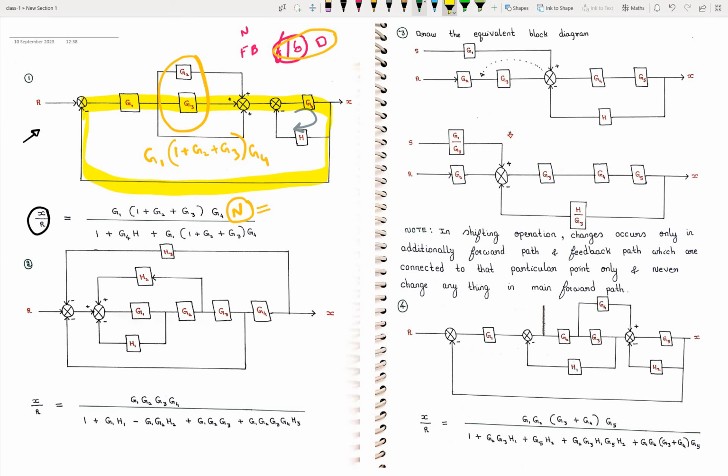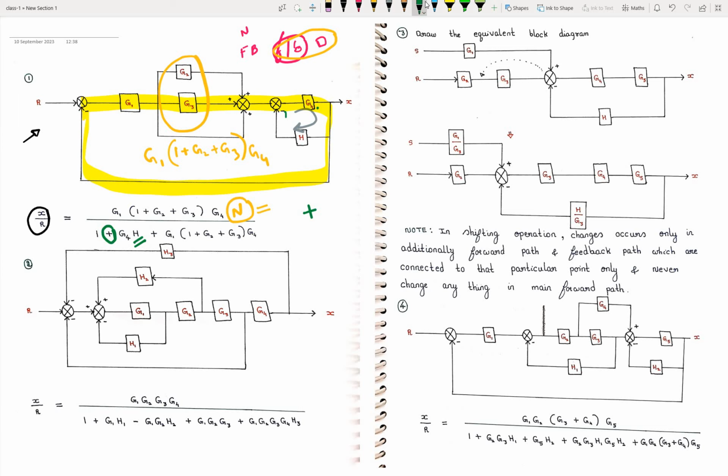When you write feedback path, multiply with negative sign. Already we have a negative sign. This negative sign and this negative sign, overall it becomes positive. Multiply forward path and feedback path: G4 times H. When we write the overall loop,